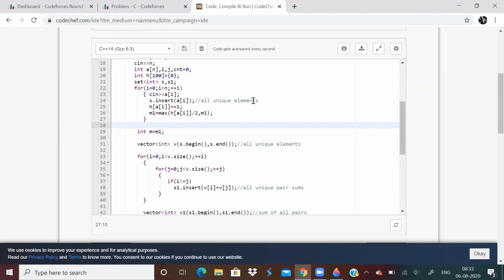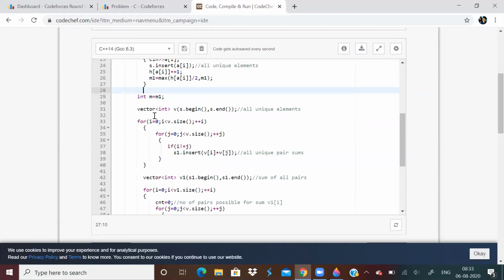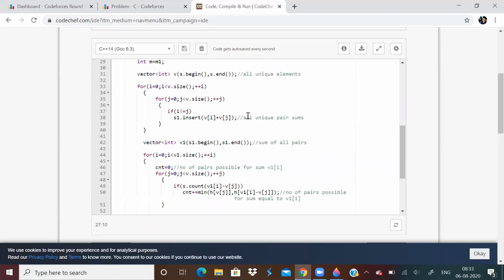Just find the unique elements, store them in a vector, find all unique pair sums, store that also in a vector. So this will be all unique pair sums.